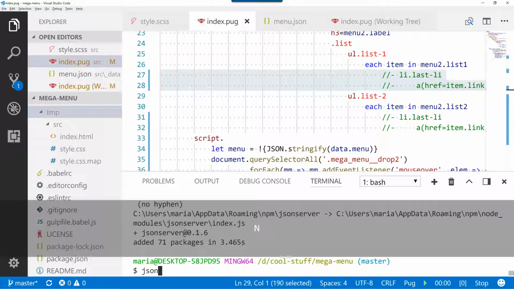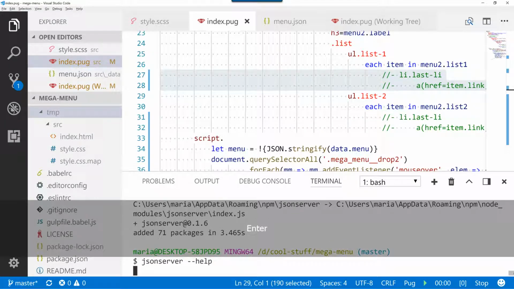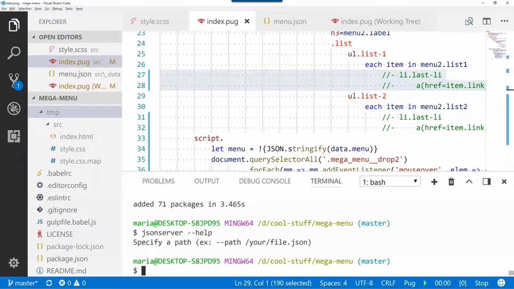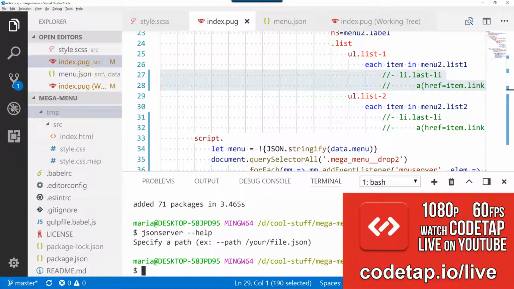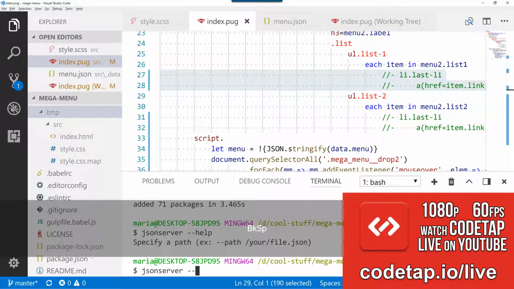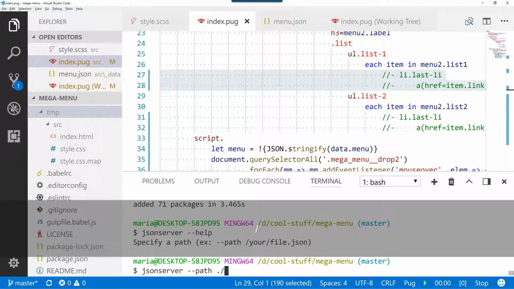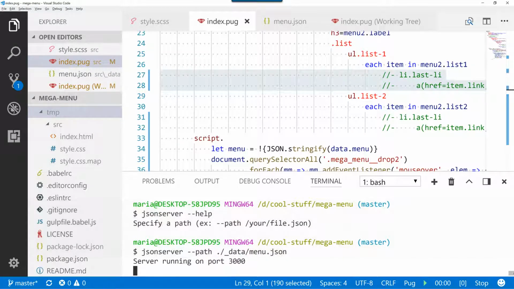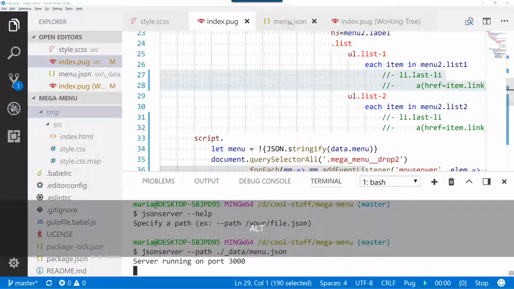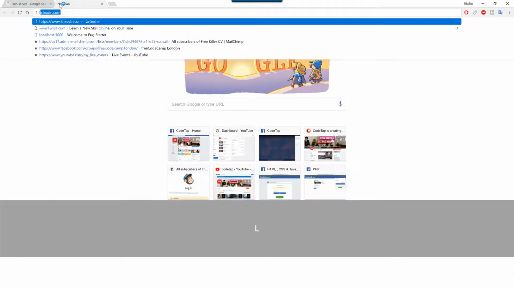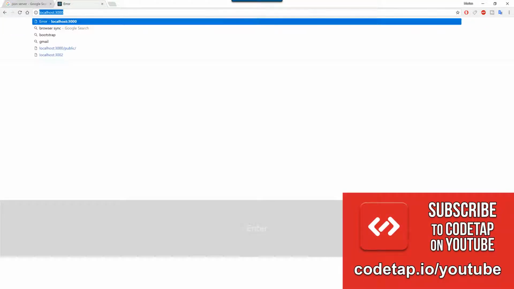Okay, so json-server --help. Basically it's --path, and then ./ is the current directory. Then we have data and menu.json. Server running on port 3000. So now localhost:3000, cannot get anything. Slash menu, well, it's empty. Slash menu, slash 1,